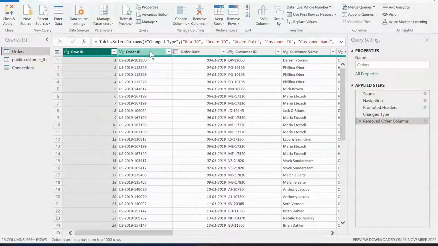So order ID, as you could notice, the format is like I have my region, my location, which is US, and then followed by a hyphen, and then I have the year in which this order has been placed, followed by the ID of that particular order. So this is how I have all the details within my order ID. And likewise, if I come,